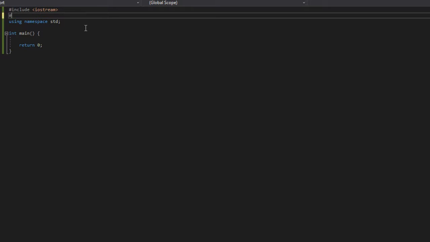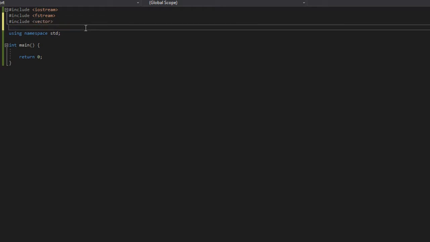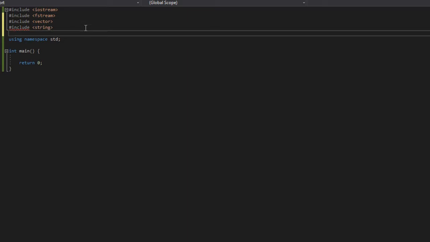So we're going to be in here inside of Visual Studio. I need to include some things because we need to be able to read files. Fstream. Then I'm also going to need a vector because I'm going to use that instead of an array. I don't feel like creating dynamic arrays or anything like that. Just keep it simple. We can cover that in another video. So we got iostream, which is always included when you create your program. You got fstream, to read the file, a vector, which includes your vectors, and then string, which you can access string functions